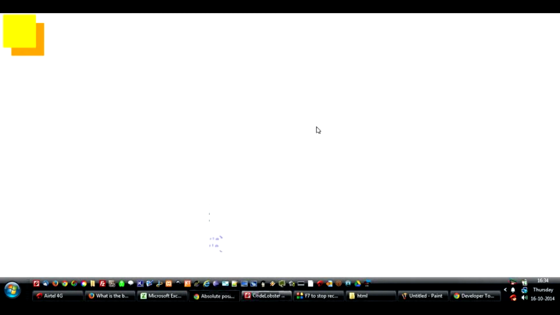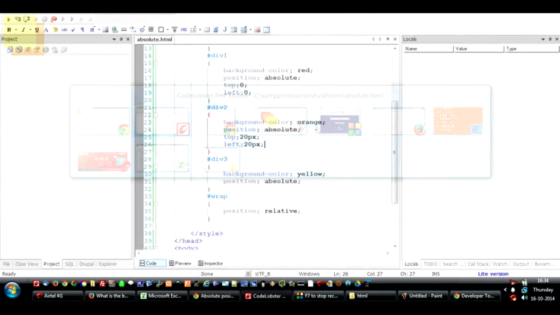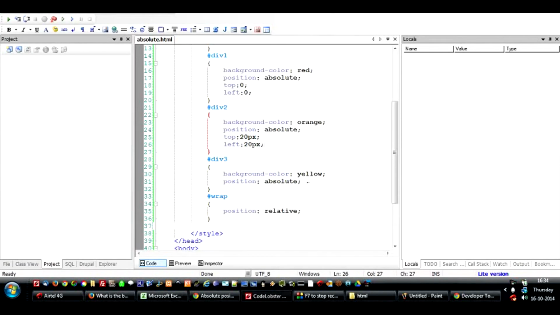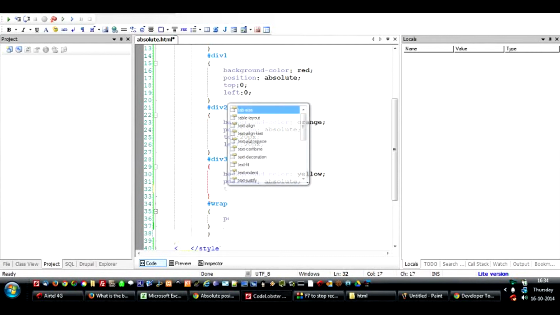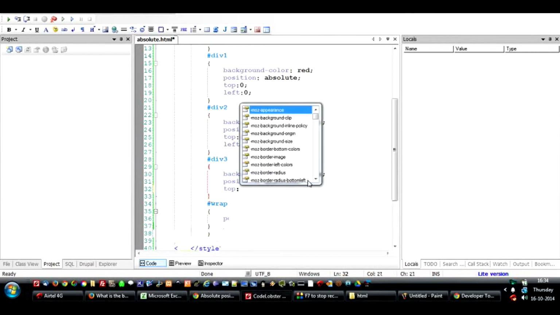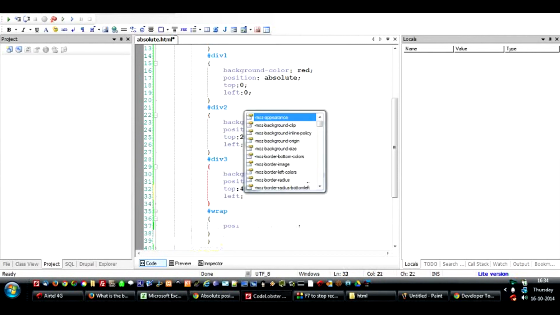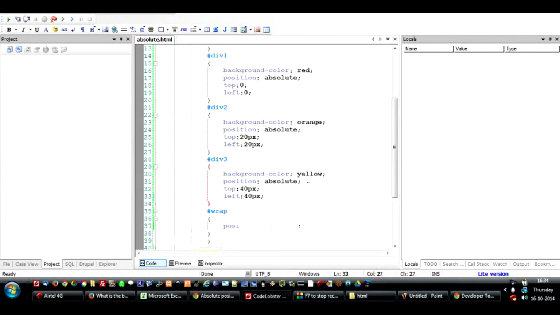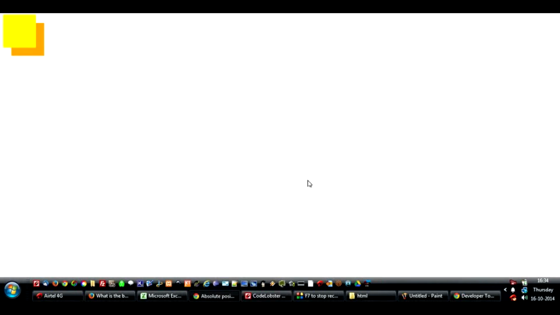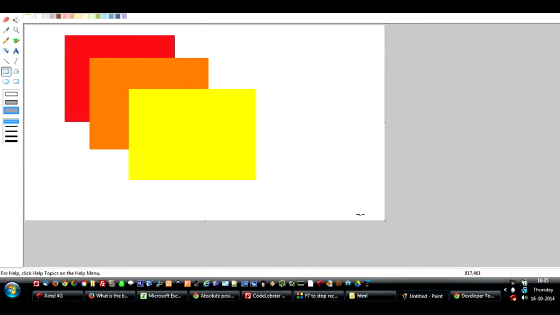Now the third thing is to shift the yellow completely so that we can understand that the divs are absolutely positioned. So we can do it by giving top as 40 pixels and left as 40 pixels. So hence we have achieved what we were looking for in this diagram.